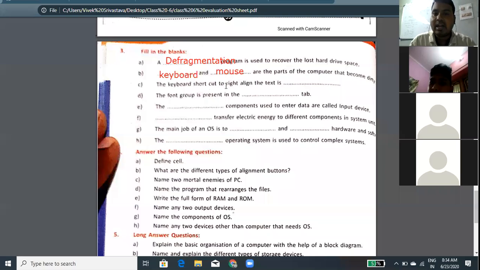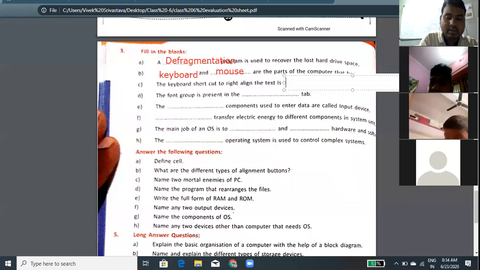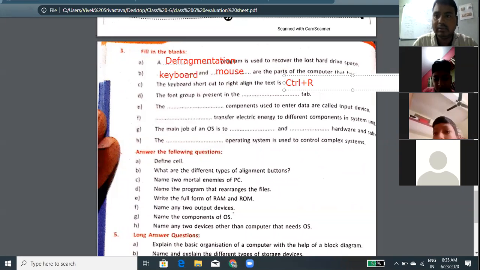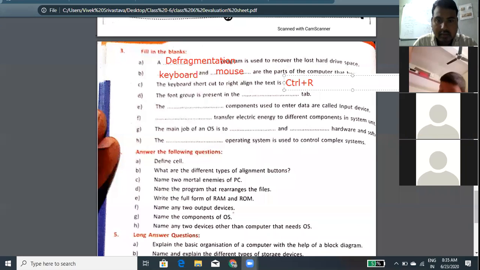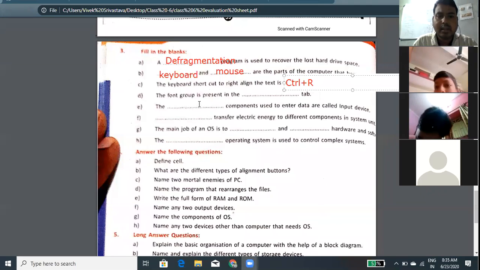The keyboard shortcut to right align the text is Control plus R. Okay. The font group is present in the Home tab.